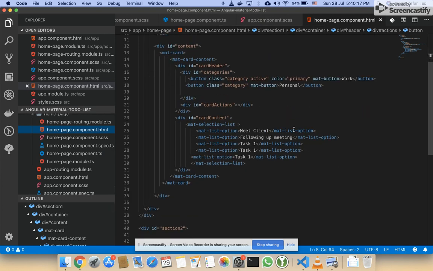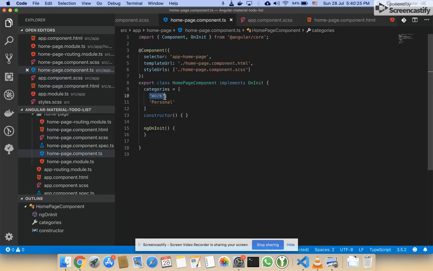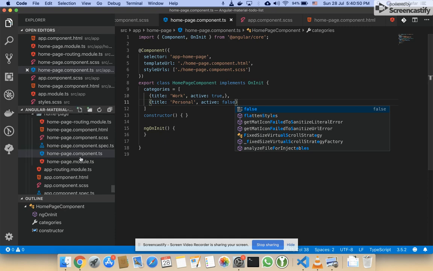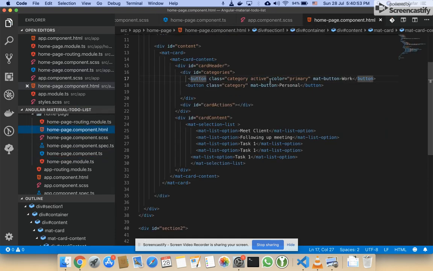Hmm, actually we should have an object here so that we could store more information about the category. And active true. Okay, so now I can do this and I can